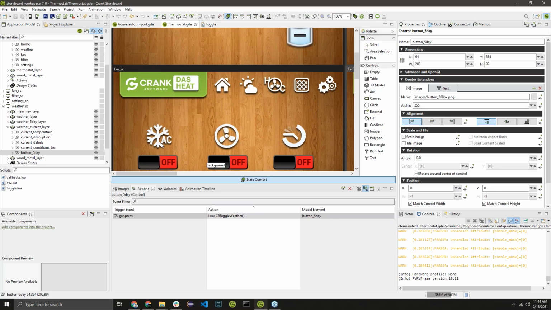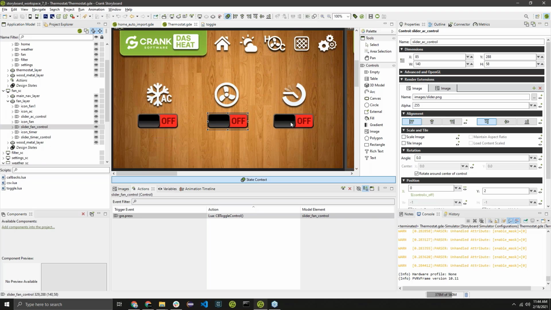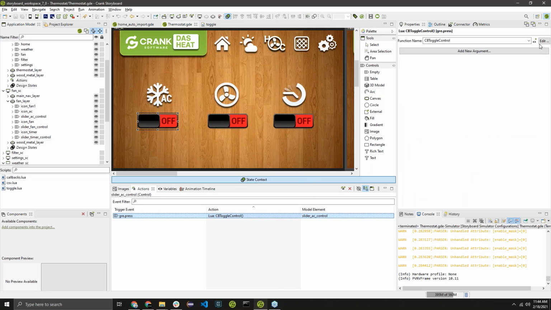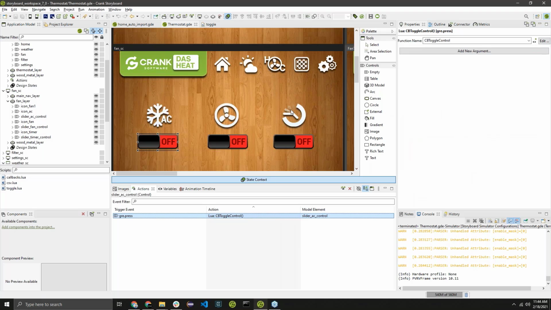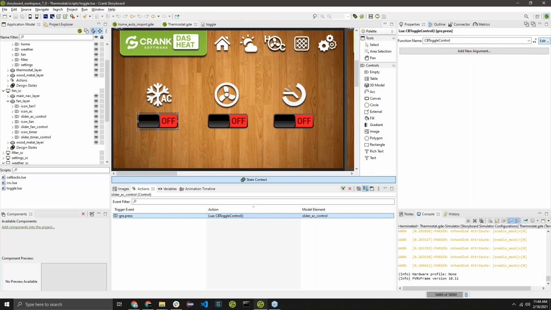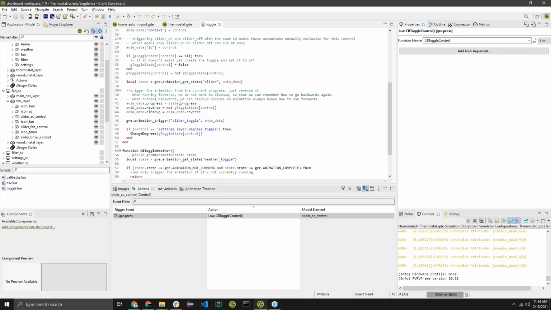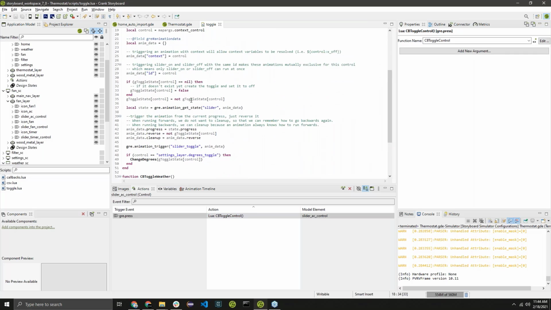So that's one of the techniques that's very useful. And then the other one, similar to what we learned before with being able to trigger an animation on multiple controls, it really comes in handy here as well. So we have these 3 toggle controls. There's actually a 4th on this screen as well, uses the same mechanisms. So just like